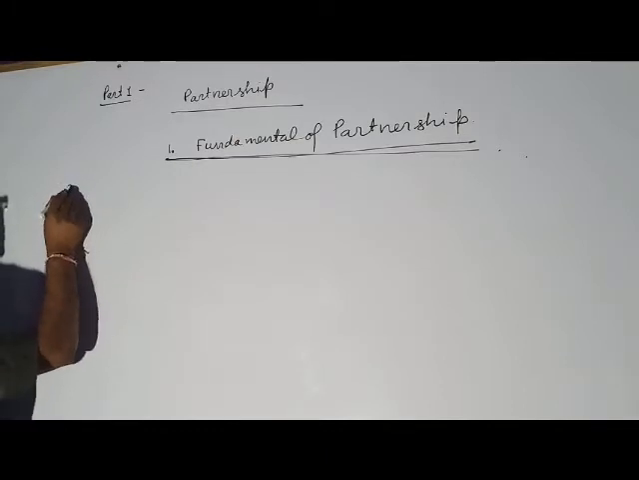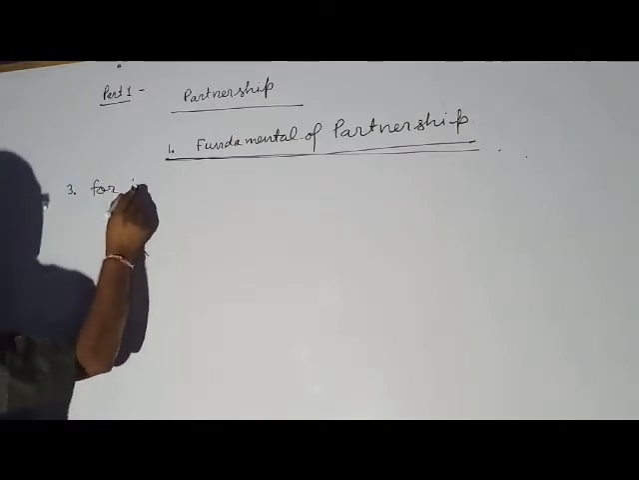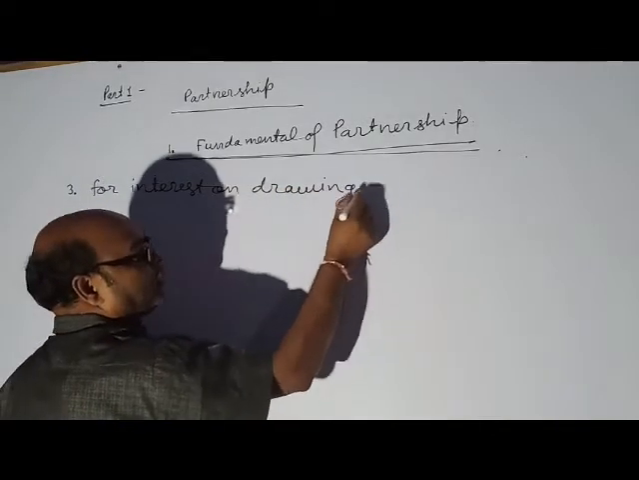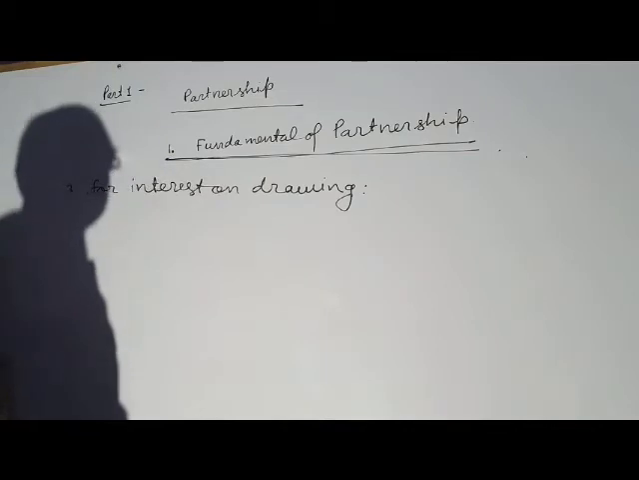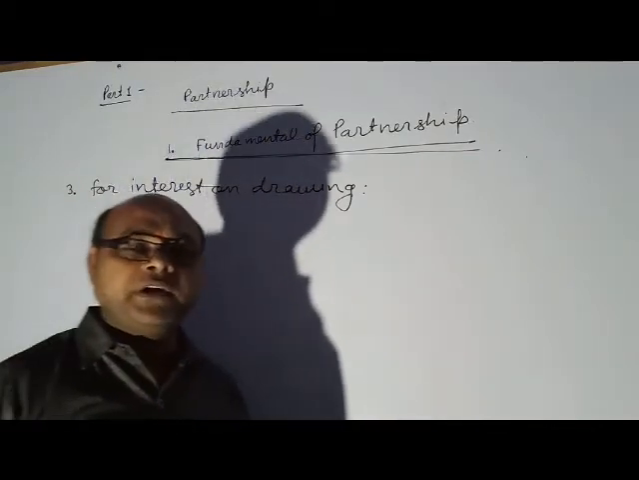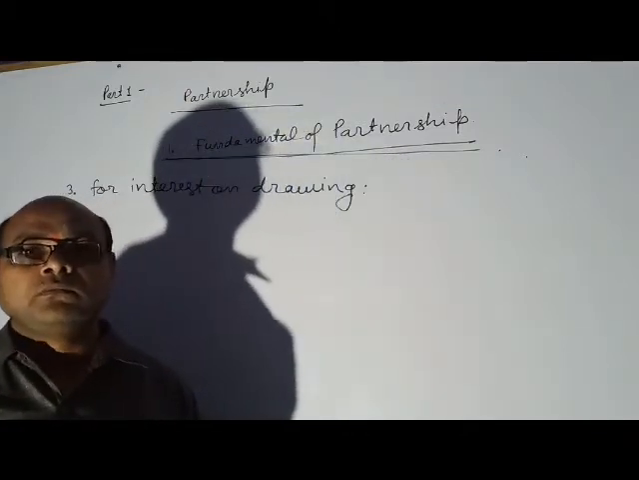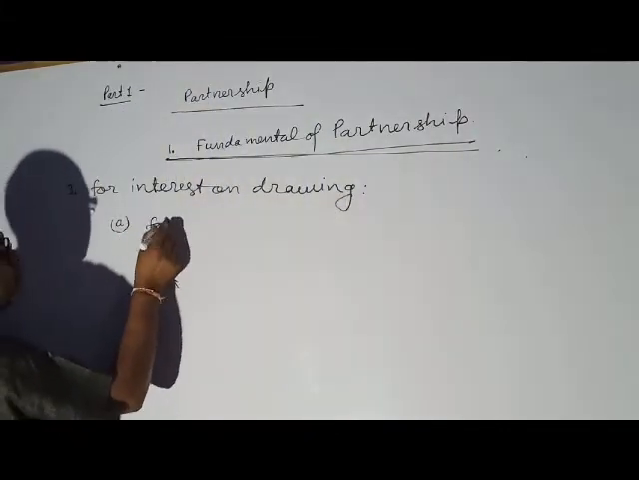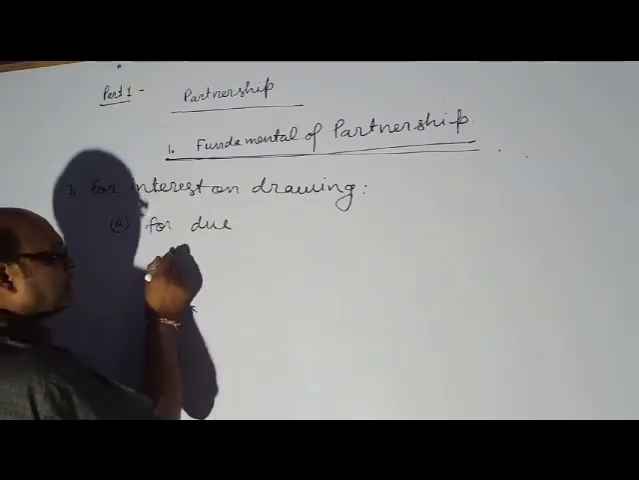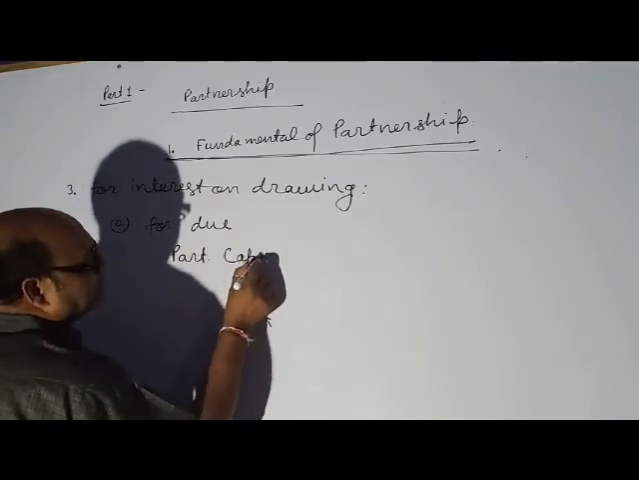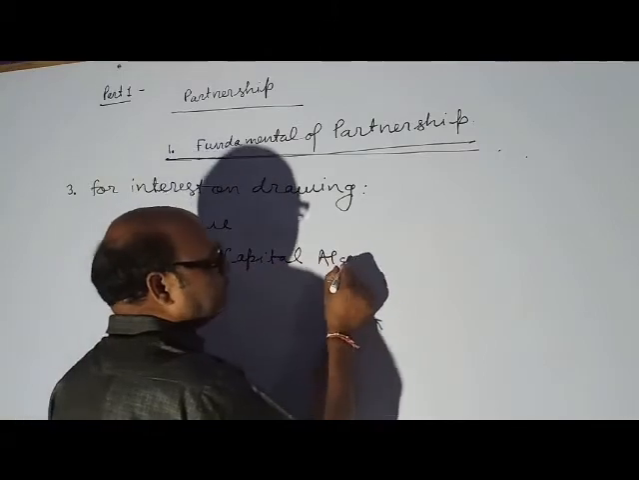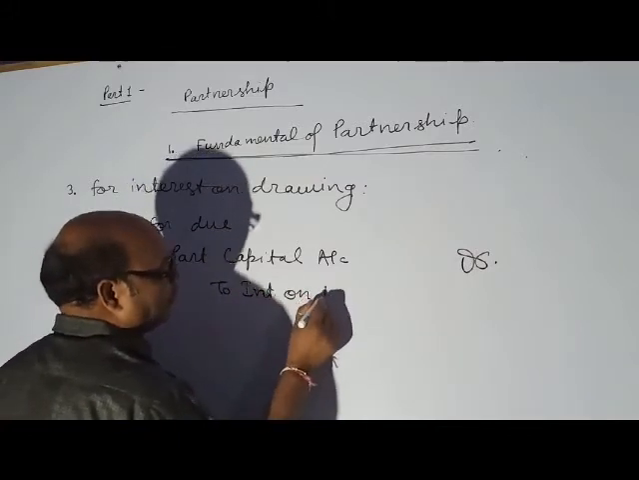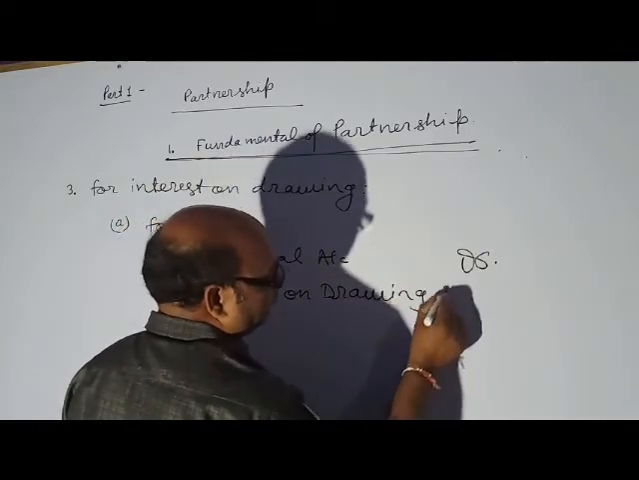Now, third point, for interest on drawing. Interest on drawing also has two entries. First is due and second is closure. First we see due. Now partners' capital account debit to interest on drawing account,